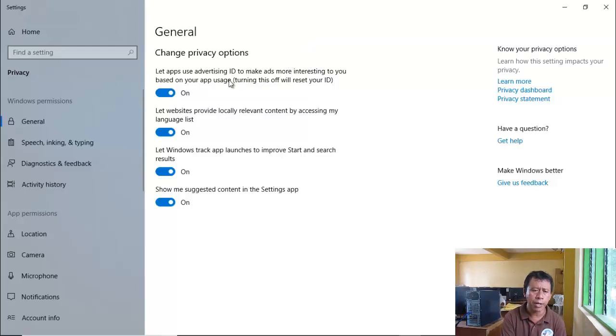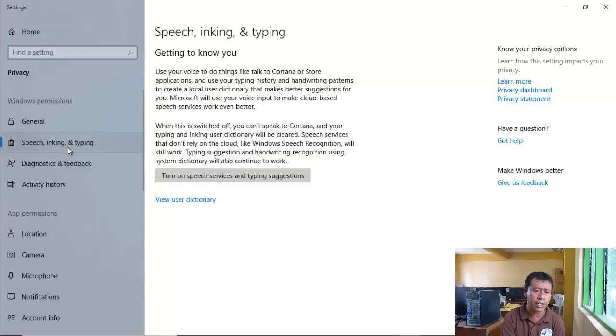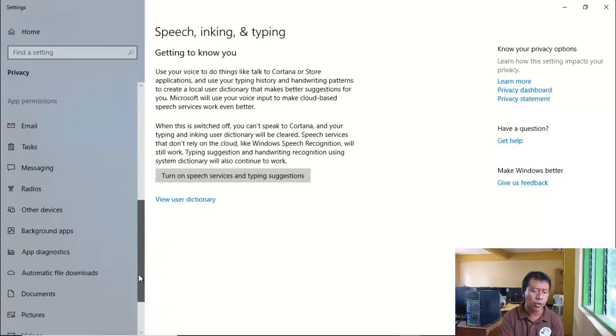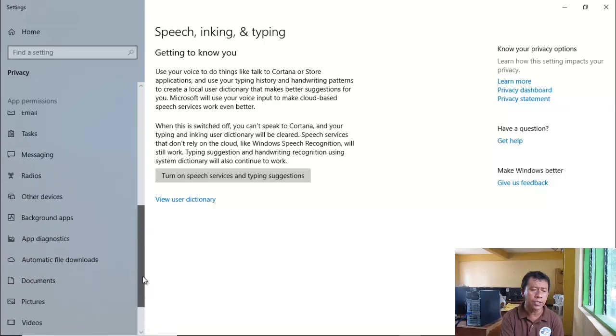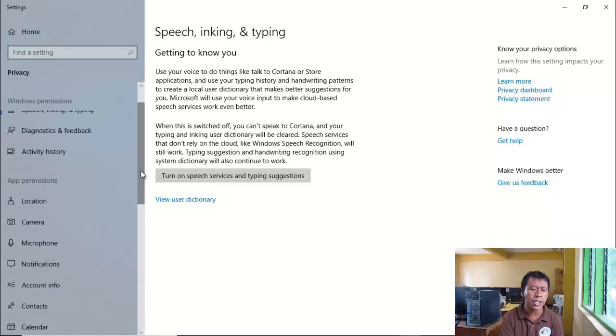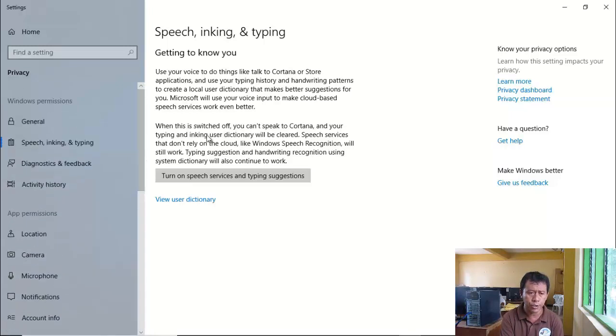This part here, change privacy options, is general, but we also have speech, inking, typing, and diagnostic activity, and we have app permissions: location, camera, microphone, notifications, account information, contacts, calendar, call history, and so on and so forth. These are the things included in our privacy options.